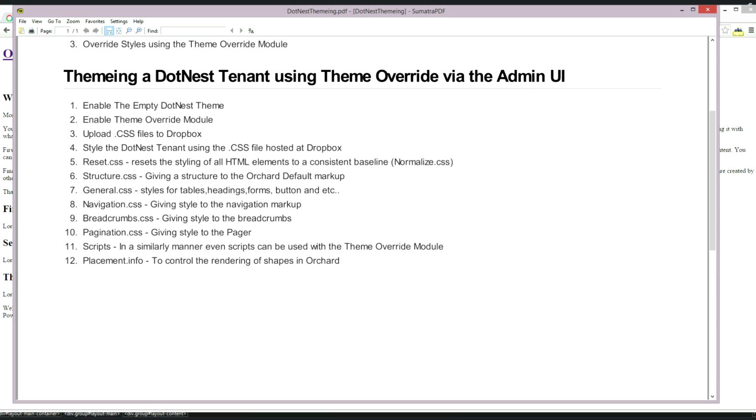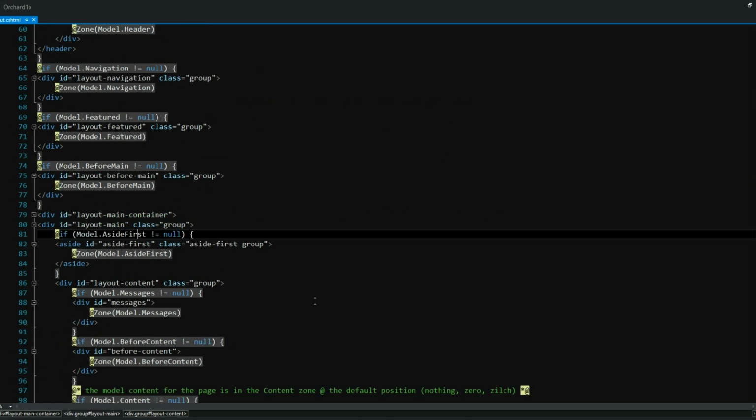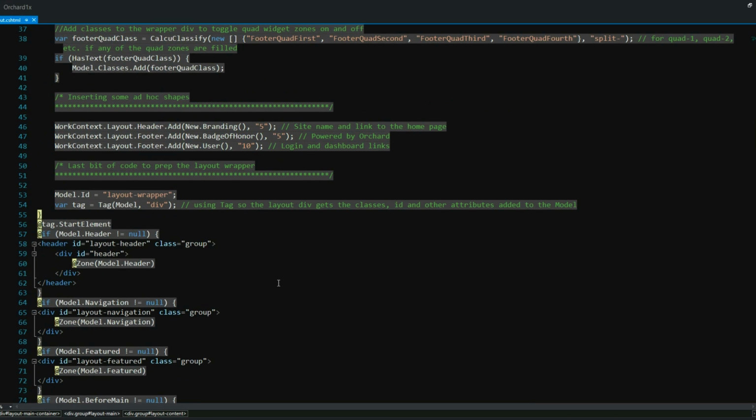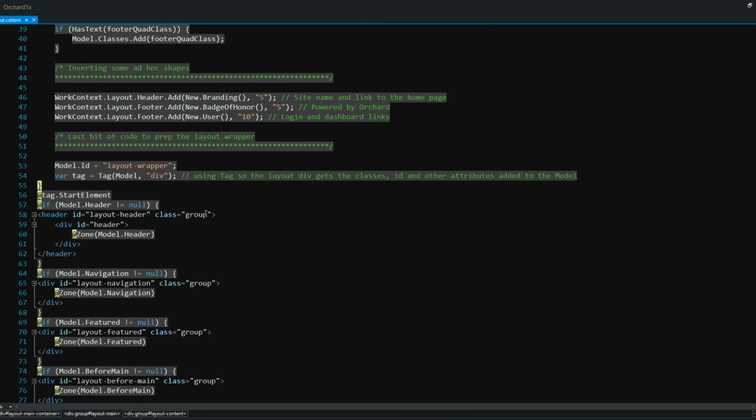Now every theme in Orchard provides a default markup, or a default structure, or a master page for every page for an Orchard website. This is how the default layout of an Orchard website looks like. First it starts with a div tag with an ID of layout wrapper, and then we have